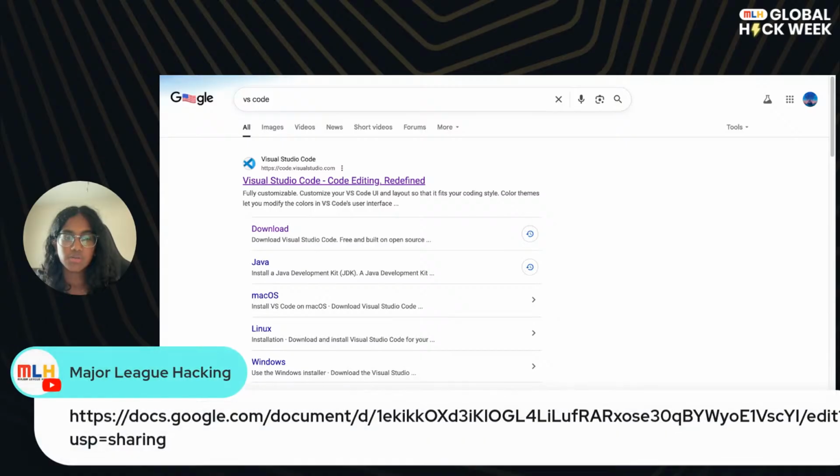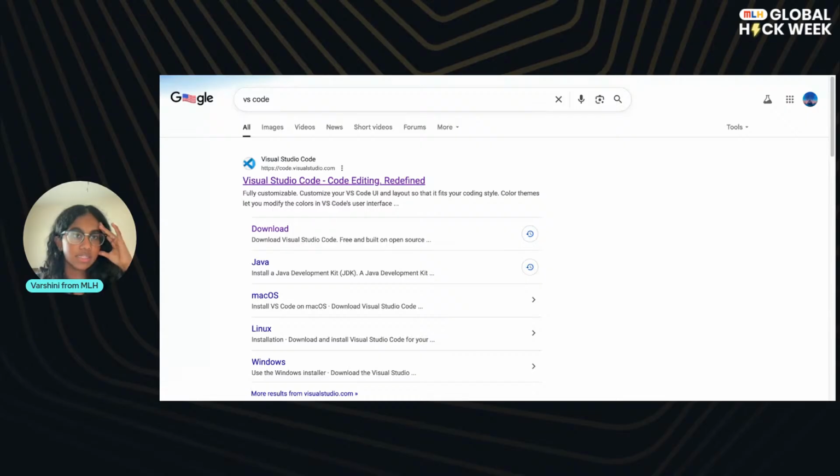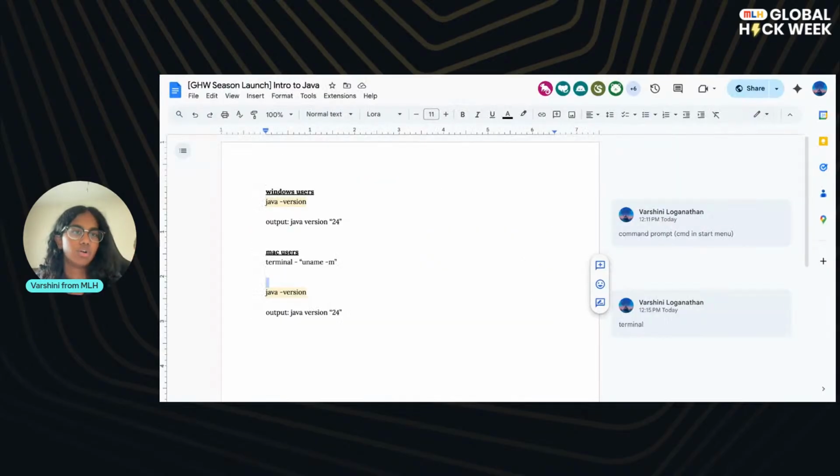Just make sure you go to this document link. This is where we've got the installation instructions, the running document for this session for any information that you need. Actually, you're going to need that link earlier.